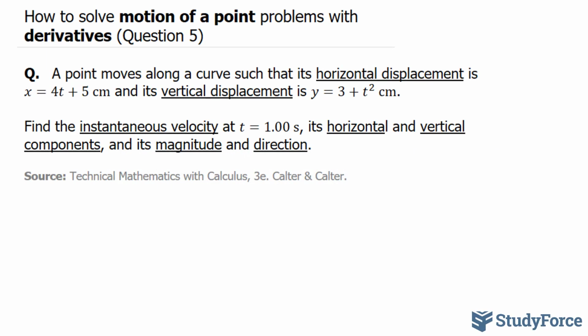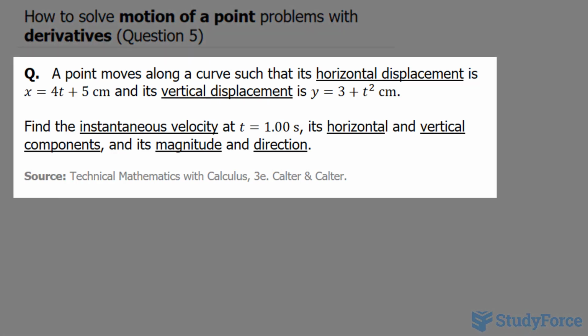In this lesson, I'll show you how to solve motion of a point problems with derivatives. This is question 5 in this series. The question reads, a point moves along a curve such that its horizontal displacement is represented by the equation x is equal to 4t plus 5 in centimeters, and its vertical displacement is y is equal to 3 plus t to the power of 2, also in centimeters. Find the instantaneous velocity at t is equal to 1 second, its horizontal and vertical components, and its magnitude and